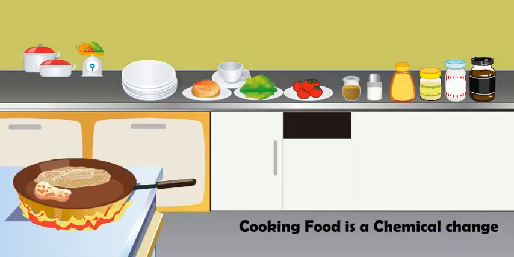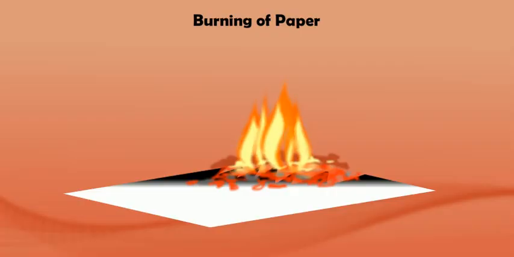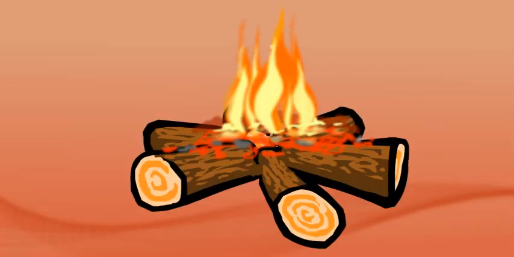Chemical changes. Those changes in which a new substance is formed are called chemical changes. The chemical changes are permanent changes which can usually not be reversed to form the original substance. The burning of paper is a chemical change. The burning of any substance is a chemical change. Burning is always accompanied by the production of heat. Some light is also produced during burning.